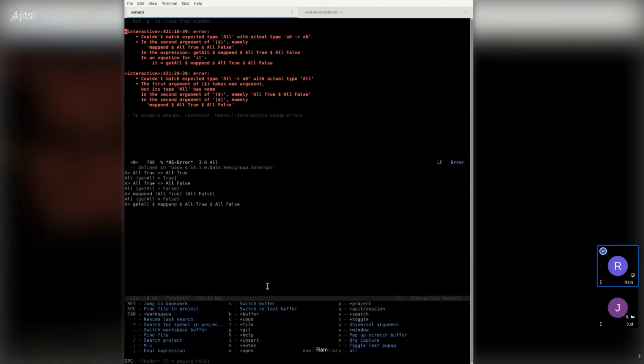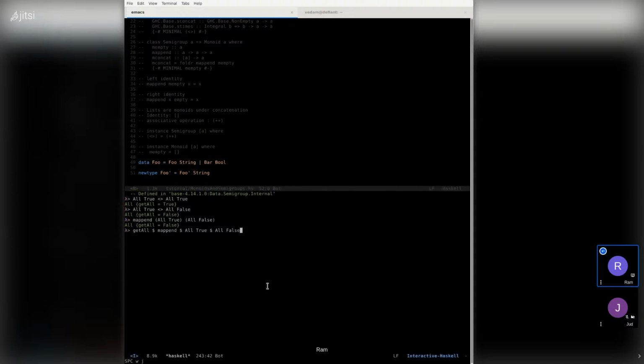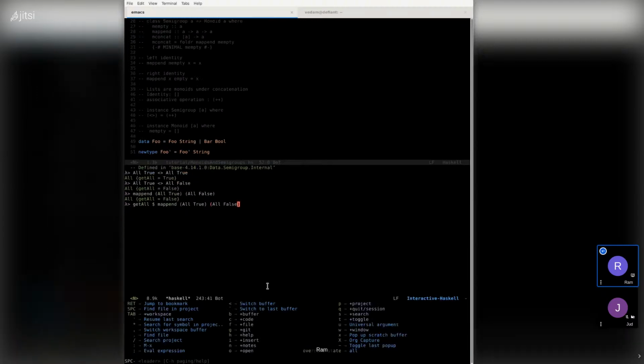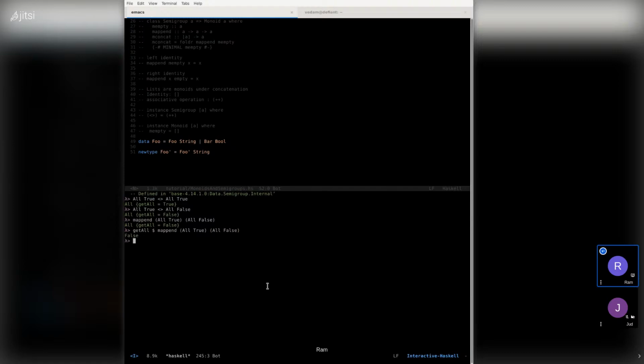Interesting, it would not allow me to do that, so I do have to specify. Okay. You can see that we're getting that too.